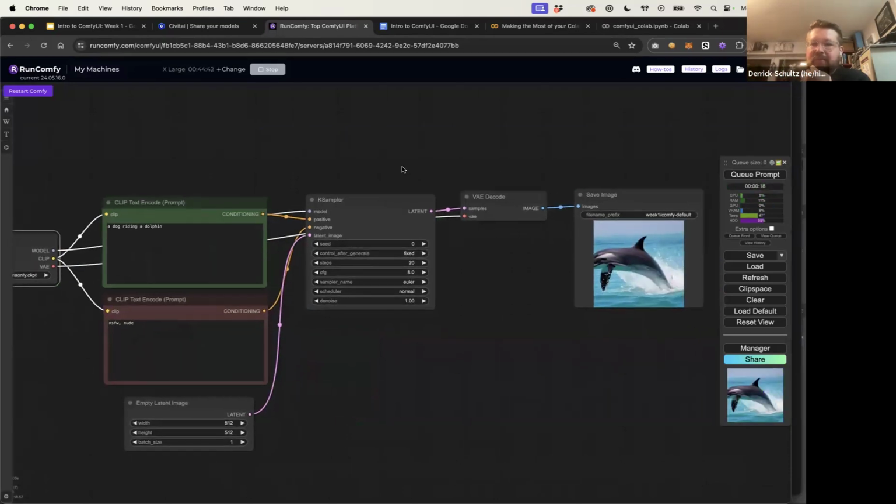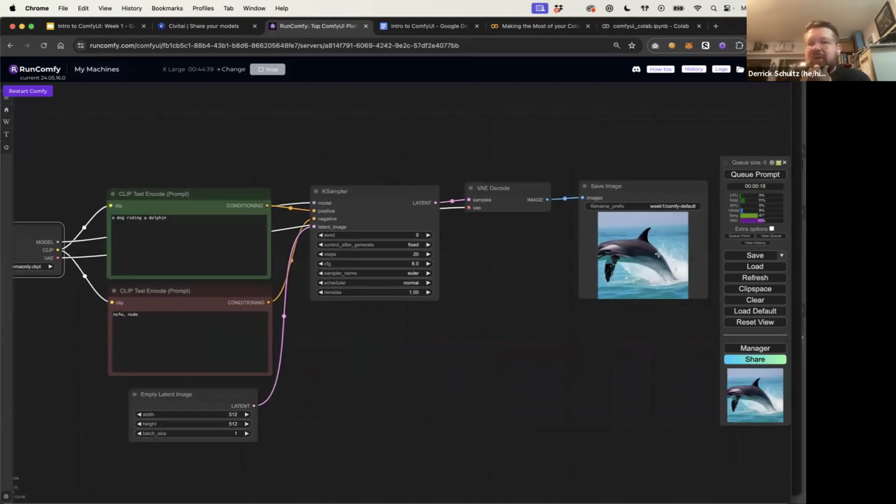Didn't take that long though. And out comes my image. And you'll see, wow, that doesn't really look like a dog riding a dolphin at all. It just looks like a dolphin. And we'll get into text prompting and everything next week. The reason I actually like using this text prompt is because it's very hard to actually generate a good image like this. Most models don't do a good job of this. And that's because data sets don't often have dogs riding dolphins. So you can kind of see how well it does with diversity.